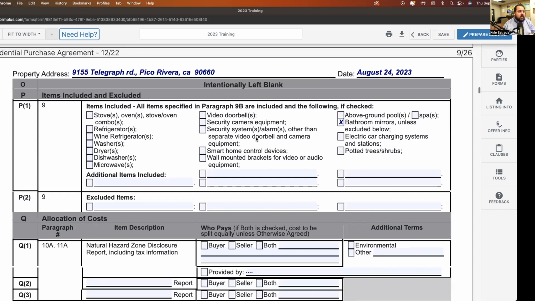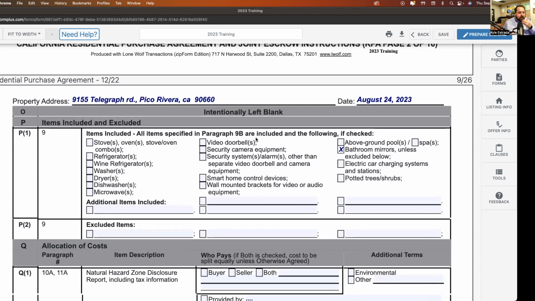So items included. You know what's funny is I had an agent call me this week because they had gotten an offer, and I think it was the refrigerator that somebody had checked that was included. And they didn't specifically counter that the refrigerator wasn't included. They said, you know, the washer, the dryer, the dishwasher is included. Nothing else, right? And that's a little too vague, especially when someone specifically requests something.